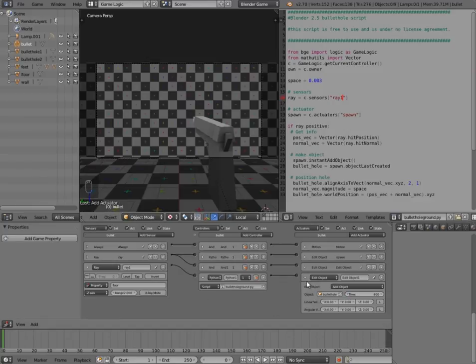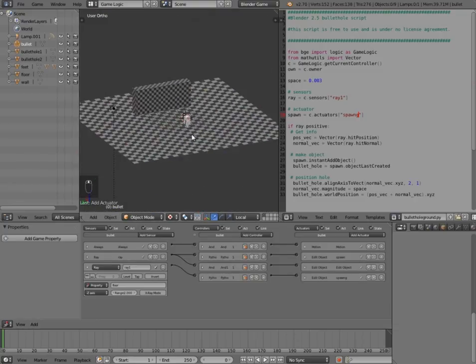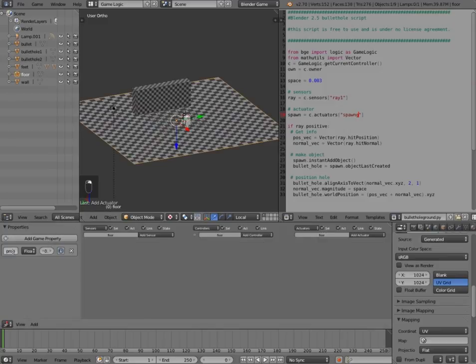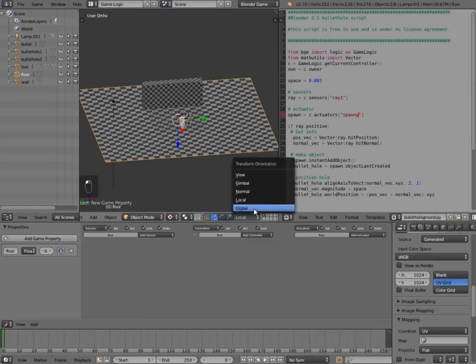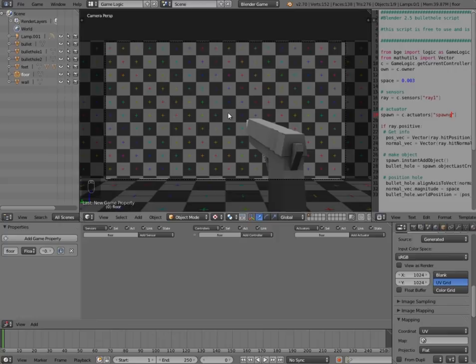One more thing, we have to make sure this edit object here is called spawn, but not just spawn, because otherwise it's just going to use this one here. We want it to be called spawn 2 maybe, or we can just call it spawn G for ground, like that. And then we'll call this spawn G, so exactly the same name. And then after that we will select our floor here, add the game property floor just so it recognizes it, and then I'm going to change this back to global, make this smaller, and now if we press P we